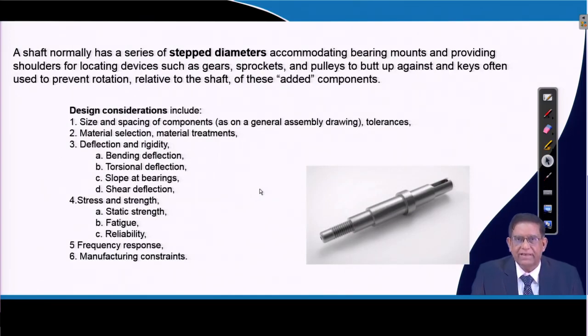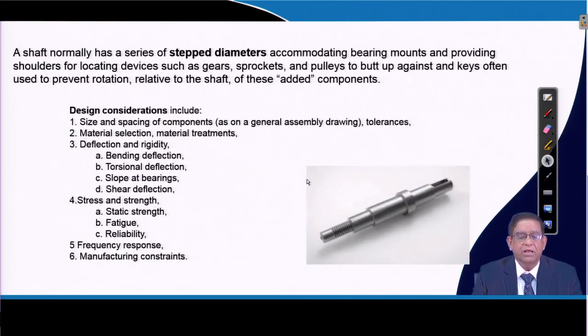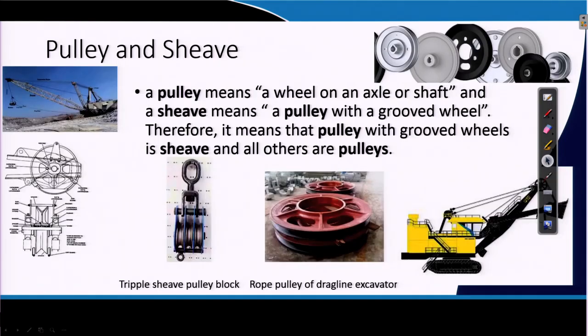So, you should be able to identify in your machine which are the shafts, and whenever machine procurement, machine maintenance and other jobs are there, as a mine manager you will have to have this information. So, please try to have the basic idea of what a shaft is, what the main stresses coming on it are, and what the basic considerations required for designing a shaft are.